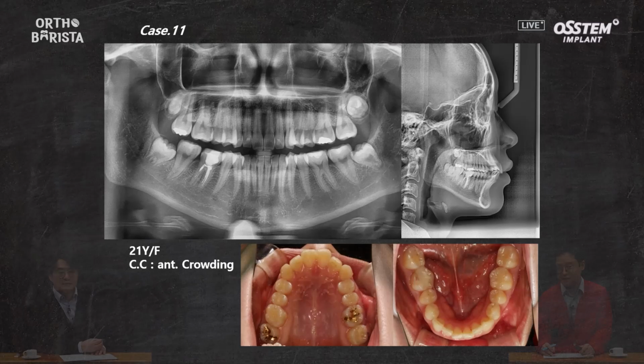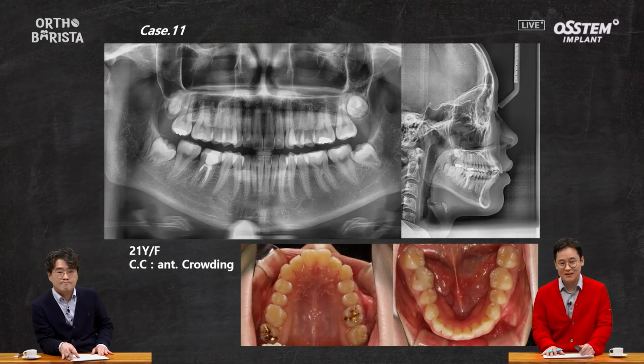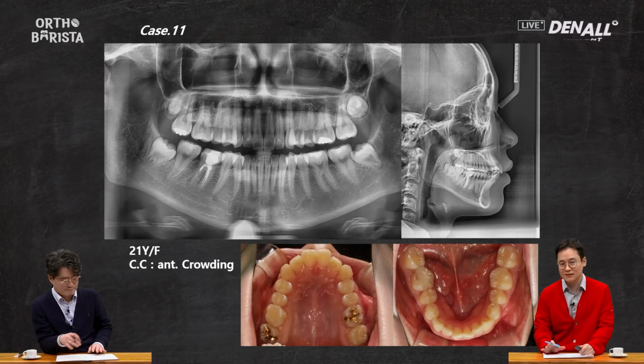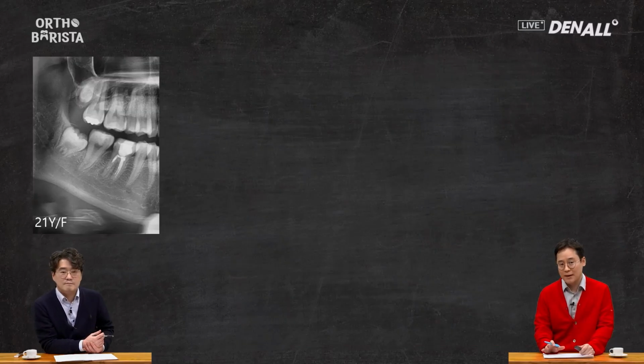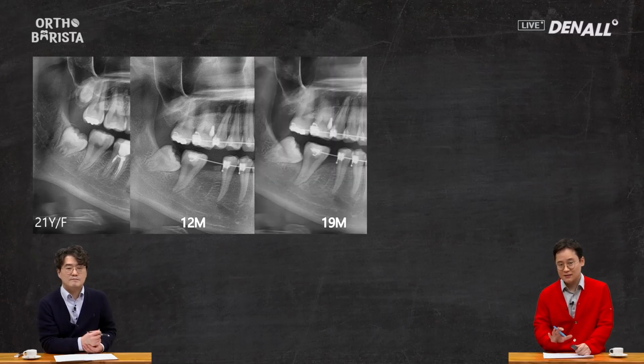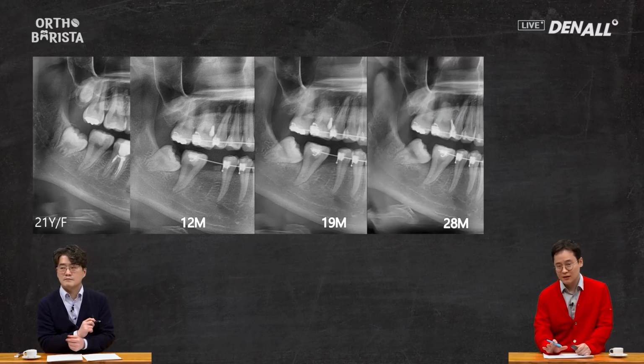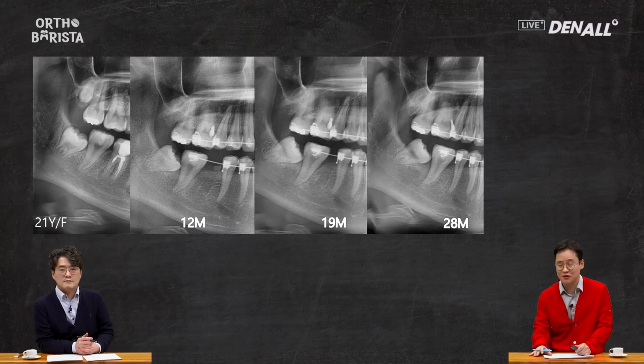The next patient is a 21-year-old female. In the previous session, we reviewed root development, and this patient had an issue with tooth 46, which was extracted. Looking at the treatment process, tooth 46 was extracted, and we tried to pull forward tooth 7 and salvage tooth 8. However, no appliance was attached to tooth 8 for over 2 years. That wasn't the primary reason for the extended period, it was concurrent treatment for malocclusion involving the anterior teeth.